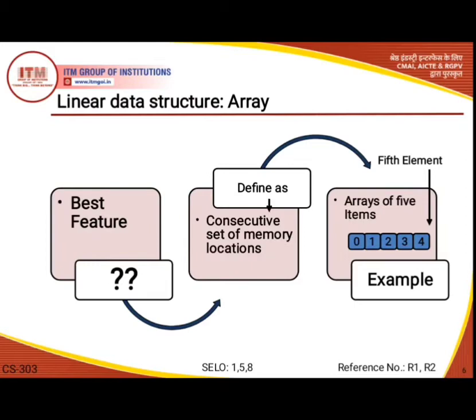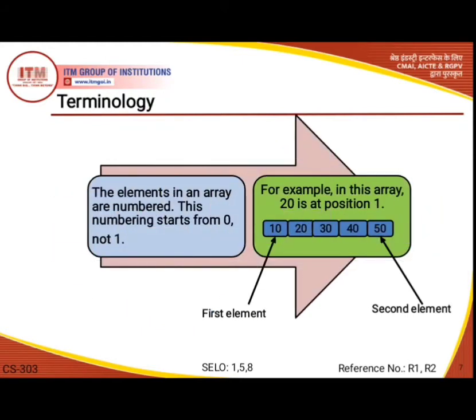So now you can understand why we need an array, and here is an example of how the elements are arranged in an array. Here is the representation of an array of 5 items, where we start the first element at position 0, then the second element is at position 1, then position 2. Similarly, the fourth number shows the fifth element position. Okay, now terminologies.